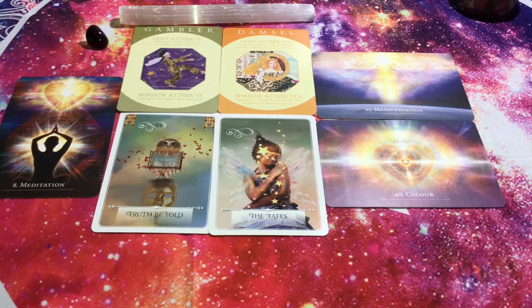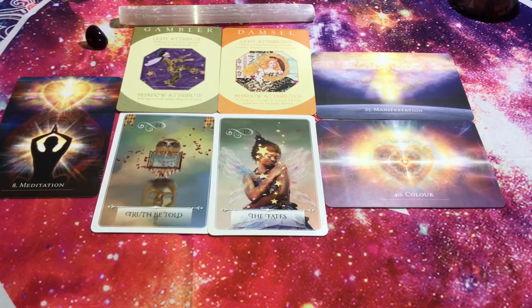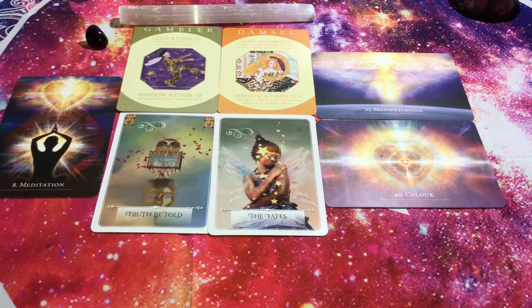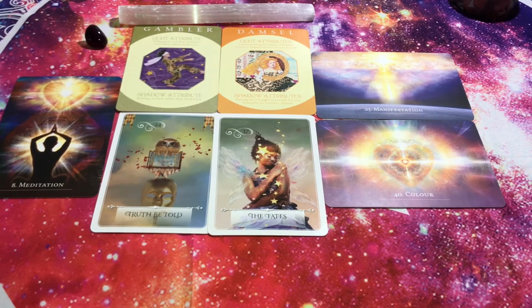So you have claircognizant / intuitive empath. Picking up on info on others by simply being around them, immediately knowing if someone is lying because you feel the intention, the energy behind their words. And you read the energy of others very well, extremely well. So an example can be like,